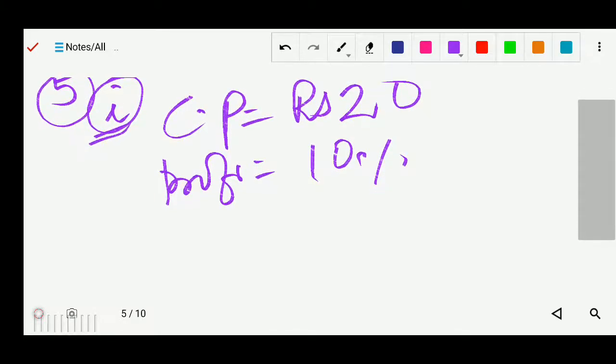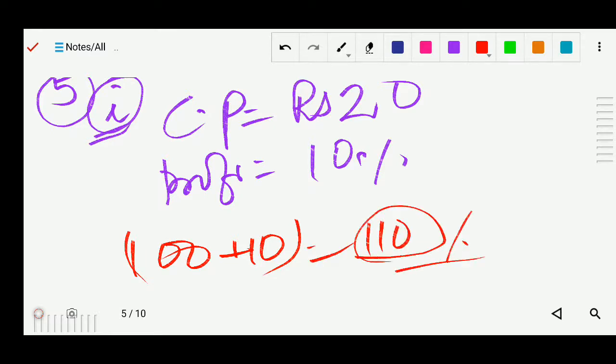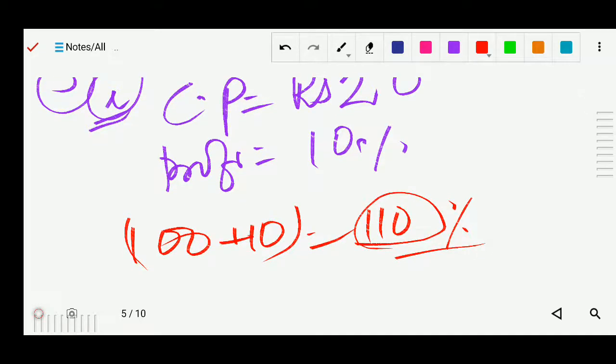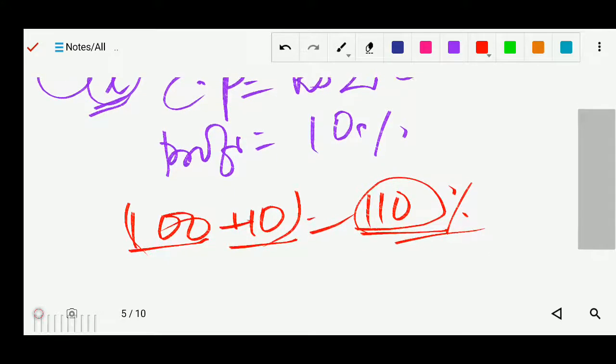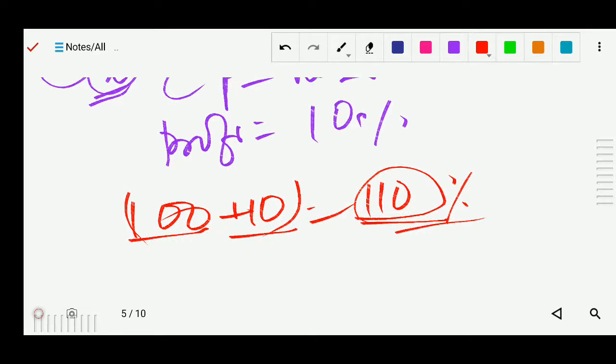ज़्यादा हो गया ना, पहले हम लोग कैसे बनाते थे, अगर टोटल होता था हमारे पास 100%, उसमें से इंक्रीज़ कर गया 10%, तो कितना हो जाता था आपका 110 हम लोग लिखते थे, 110%. ऐसा यूज़ करते थे ना पहले हम लोग. सेम कॉन्सेप्ट हम लोग अभी भी यूज़ करेंगे. प्रॉफिट मीन्स बढ़ जाना, ज़्यादा हो जाना. अभी इसको आप ऐसे भी बना सकते हो, 110 हो गया ना, 100 प्लस 10, तो 110%. अभी ये 110 किसका परसेंट हो गया? कॉस्ट प्राइस का. सो आप इसको ऐसे लिख सकते हो डायरेक्टली, 110% ऑफ